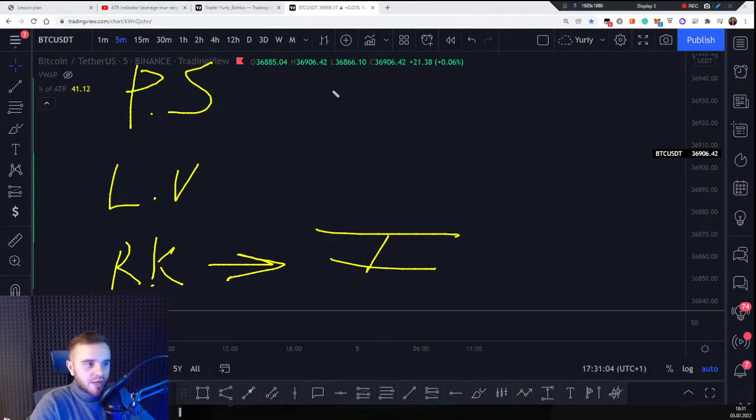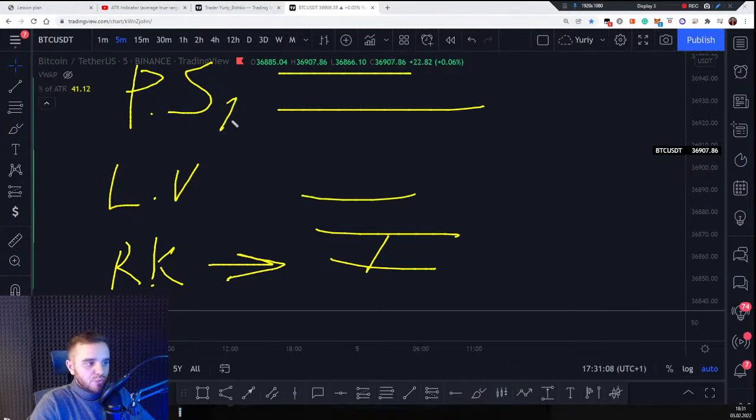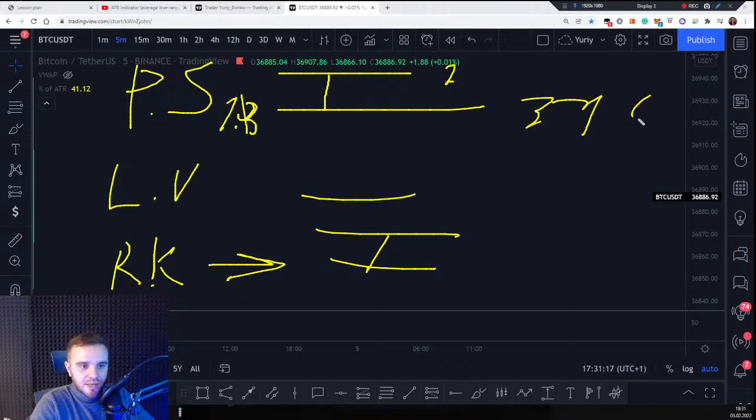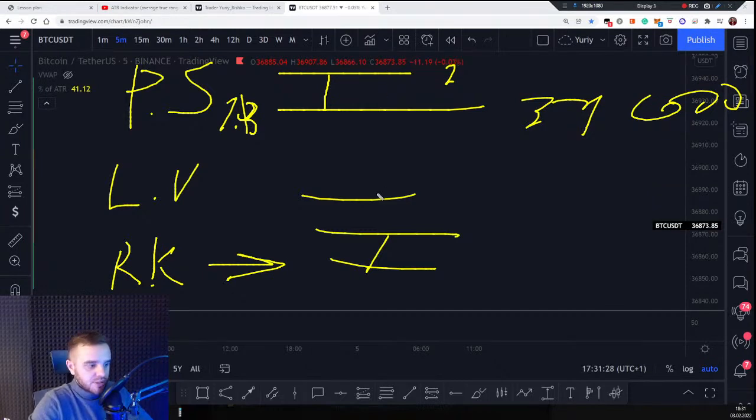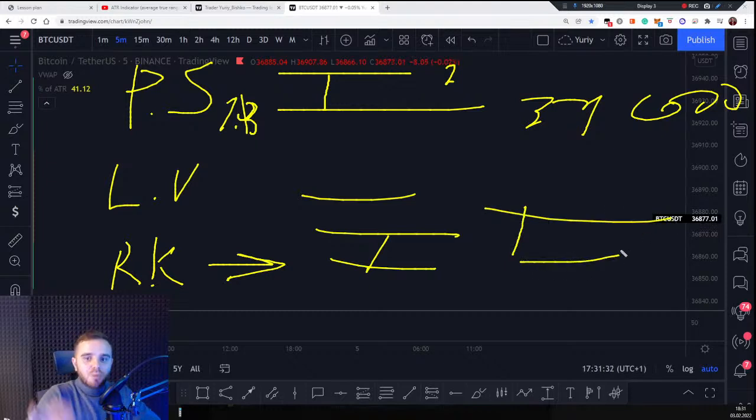Because imagine I took a short on Bitcoin, I sold one Bitcoin, like one BTC, and my position's stop loss is 2%, but my position size is 37,000. That means my stop loss is much lower than the position size, and they are different numbers, and I'll show you within a few minutes. Risk per trade once more: how much money will you lose if price hits your stop loss?